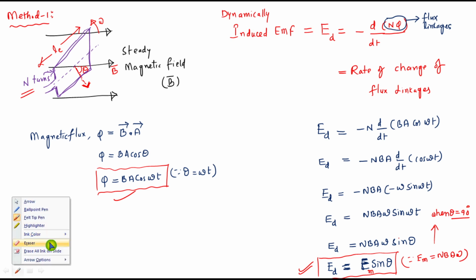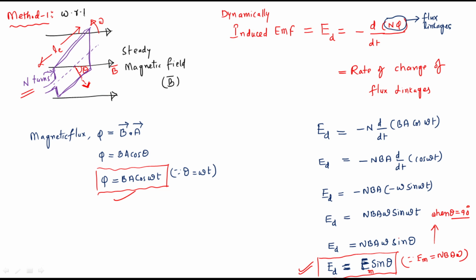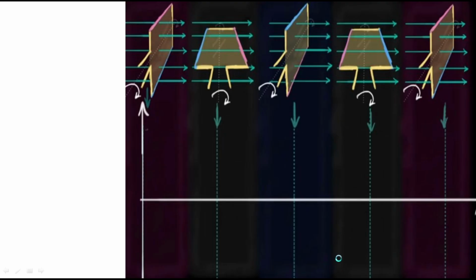The heading is with respect to flux linkages. This is the derivation of the magnitude of dynamically induced EMF with respect to flux linkages. So we all know that phi equals BA cos theta, and the dynamically induced EMF equals Em sin theta,